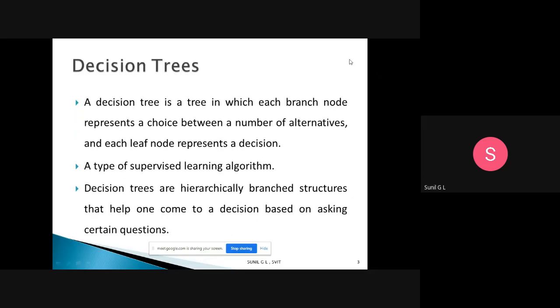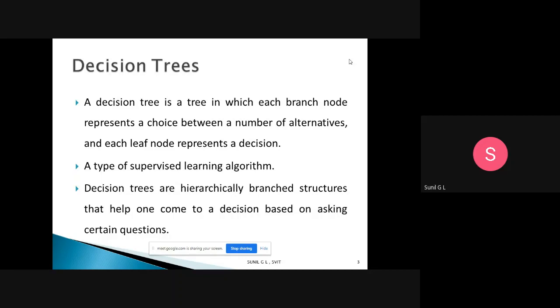I think you are already familiar with decision tree. You had one module in machine learning in the previous semester, so you already know decision tree in depth, and you have solved a number of problems and learned the theoretical part. Anyhow, I will revise the things according to the syllabus prescribed for the analytical part for big data.